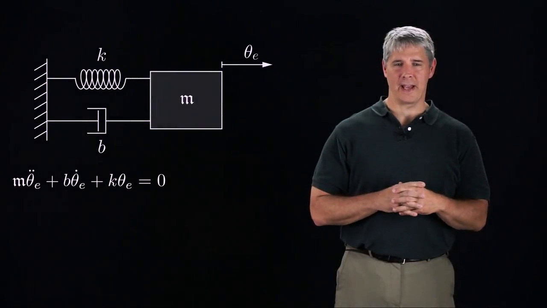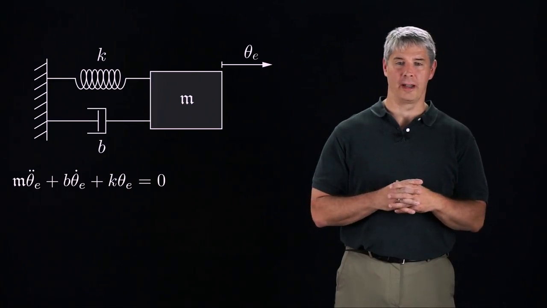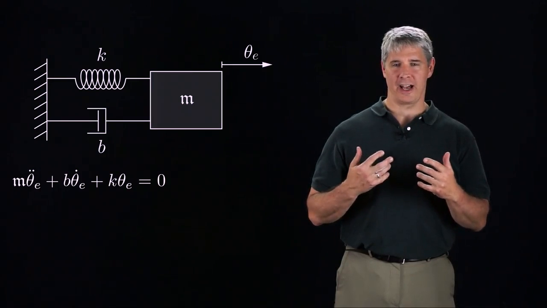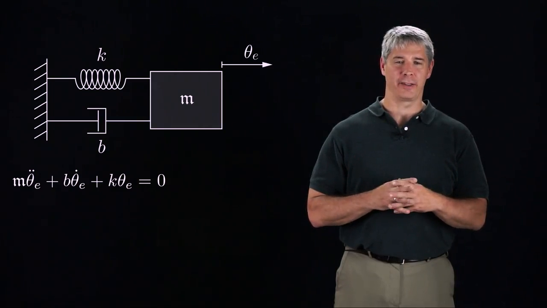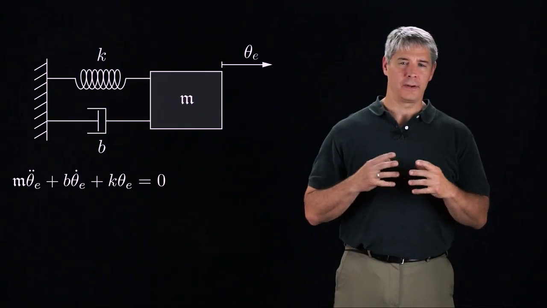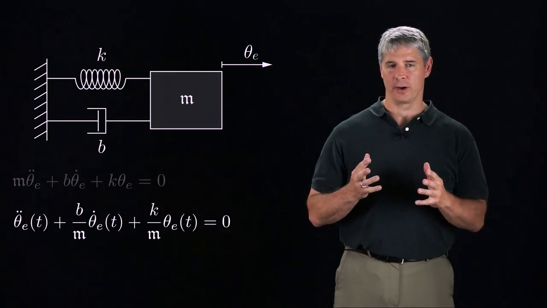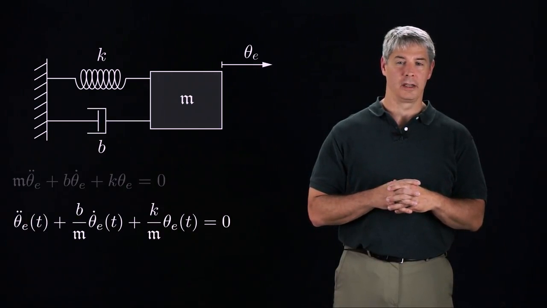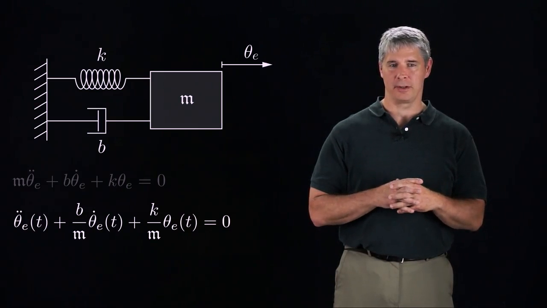Let's continue with our mass spring damper analogy for the dynamics of a controlled single-joint robot. Design of the controller allows us to alter the spring K and damper B, and therefore how the error theta e evolves. We divide this second-order differential equation by the leading coefficient m to get this form, where the leading coefficient is 1. Assuming m, b, and k are all positive, the dynamics are stable and the error will decay